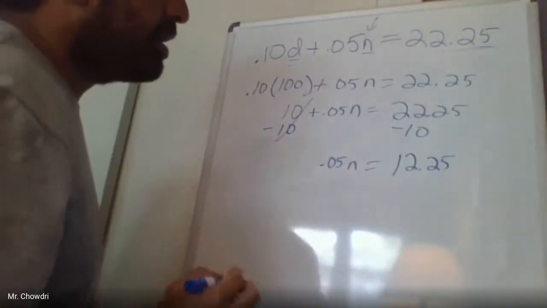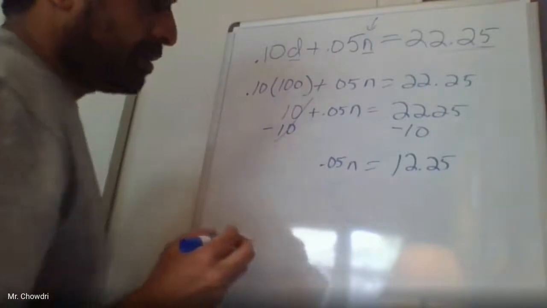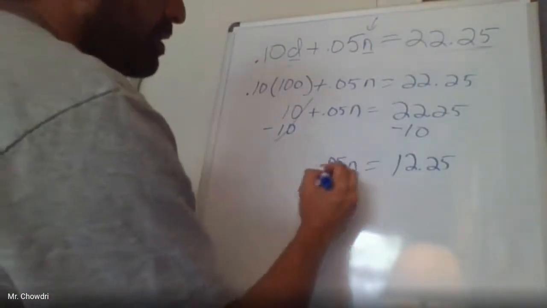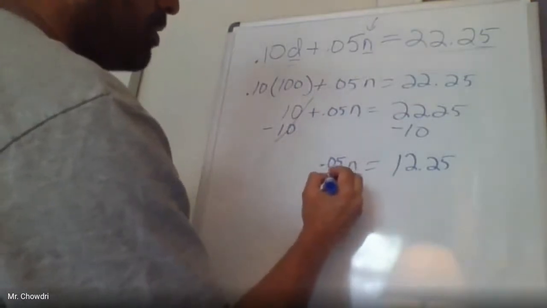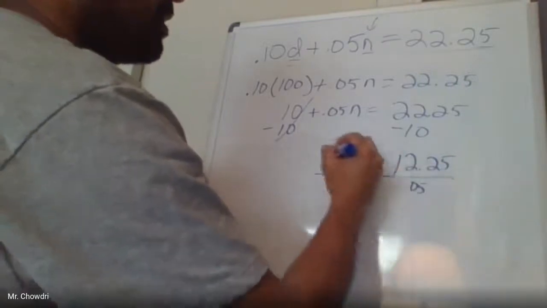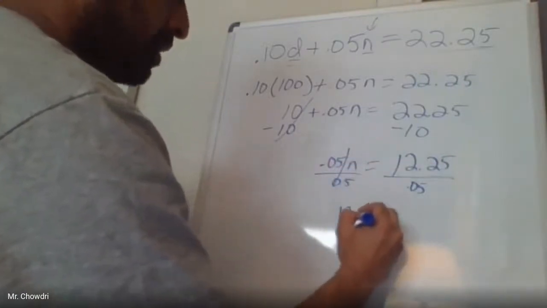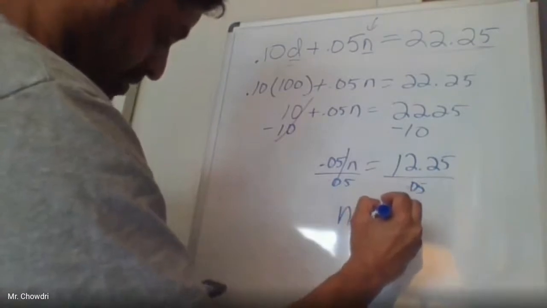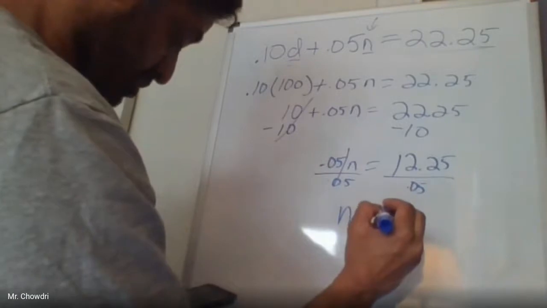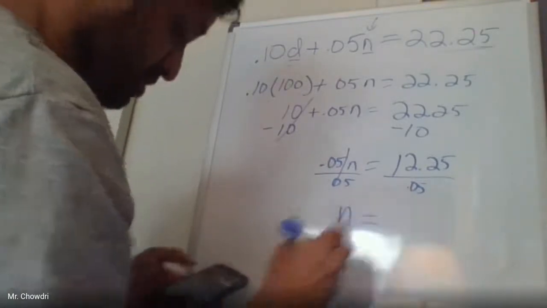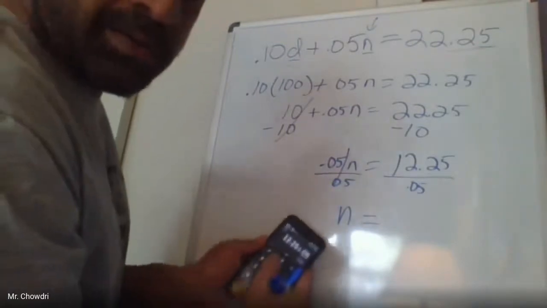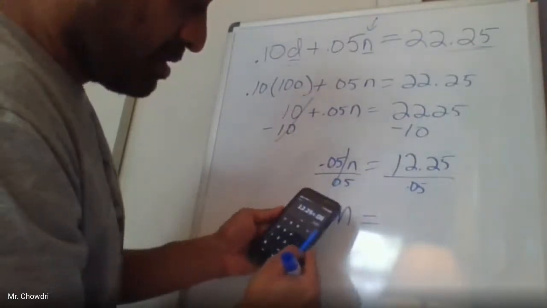All right. Now, I still want to get this N by itself, and I'm going to divide this by 0.05 and divide this by 0.05. That's going to turn this into 1N, and then I'm going to bring up my calculator, just my phone here. I'm going to do 12.25 divided by 0.05. I don't know if you can see that. And that gives me